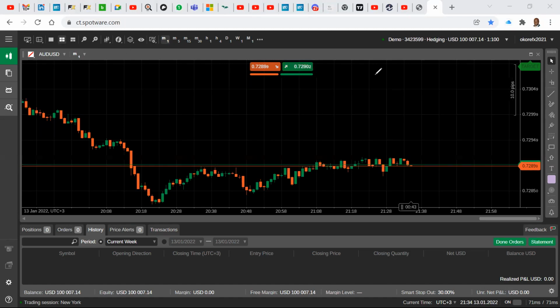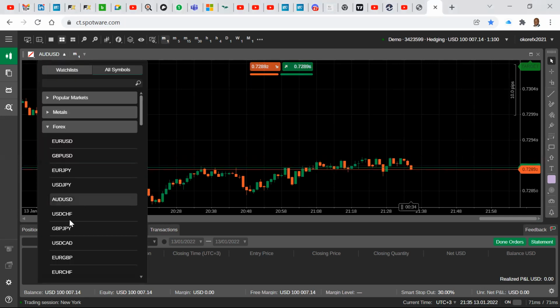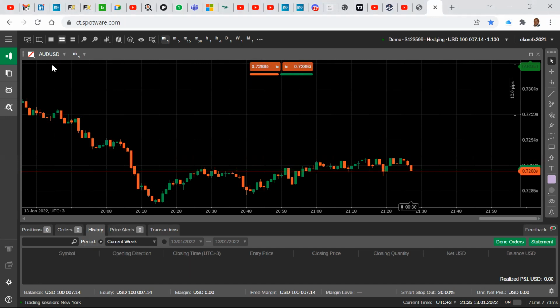All right, so right now, by default, well, not by default, but I think I've been doing it before, I was using AUD USD. So I'm going to look here and maybe go to Euro USD. So look at what I've done. I come to the currency pair, and then I click on that drop down. I get now many options.